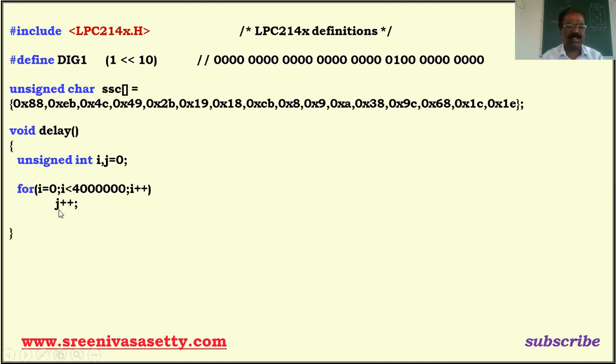It comes here, j plus plus. Okay, it becomes 1. Then go to this, i plus plus, i becomes 1. 1 less than 40 lakhs, true, it comes over here. Therefore, it's going to execute this loop how many times? 40 lakhs times. Suppose if you want to say simply 1, it requires 1 second, 1 second is for 2, 1 second is for 1 more second is over.